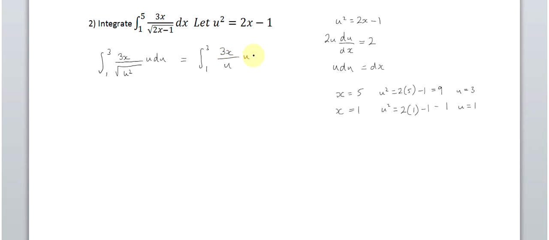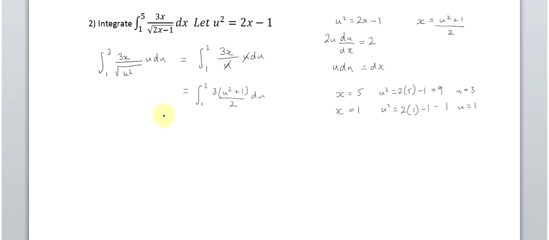And then we've got u du, and you can see that they cancel, which means that what we really need is a substitution for the x. So perhaps if we rearrange this, we'll get that. So x equals u squared plus 1 divided by 2. So we can modify this. So we've got 1 and 3, and then we've got 3 lots of u squared plus 1 over 2 with respect to u,